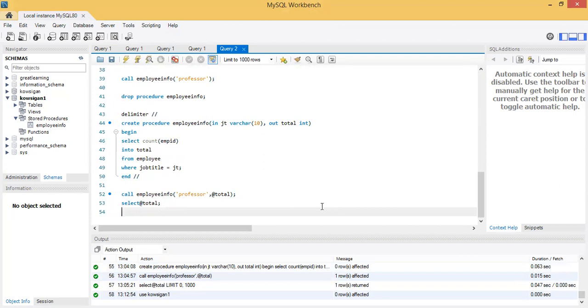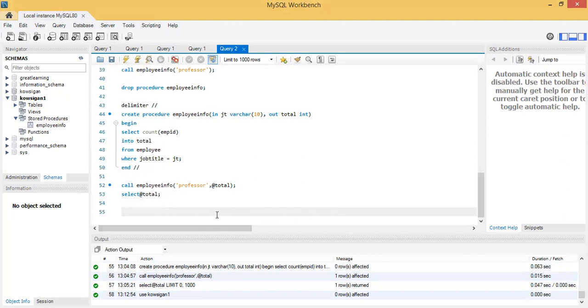So here also the session variable is used for the entire session. No need to declare a variable separately. We will see how the INOUT parameter works. So we will start